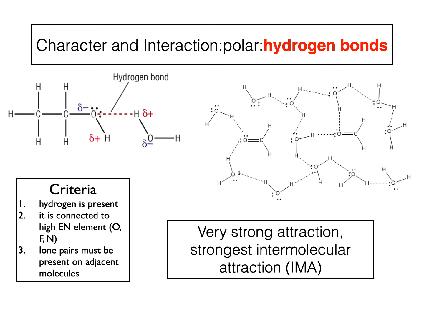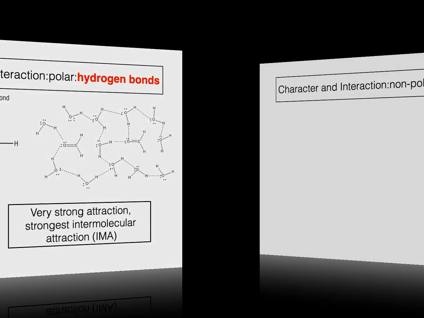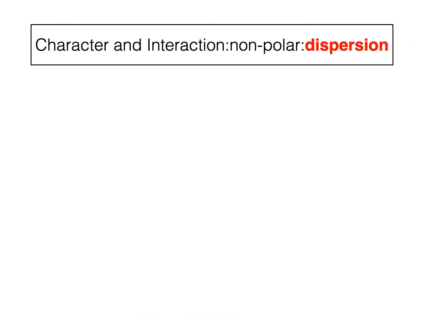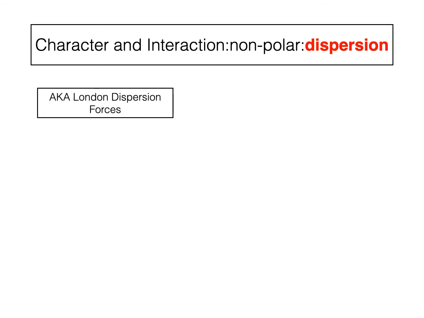These are the strongest of the IMAs. They actually are a variation of dipole-dipole. Very important. Going to hear a lot about hydrogen bonding in the days ahead, not only in this class, but particularly in biology. There is a third type of IMA, and those are called dispersion forces, or sometimes referred to